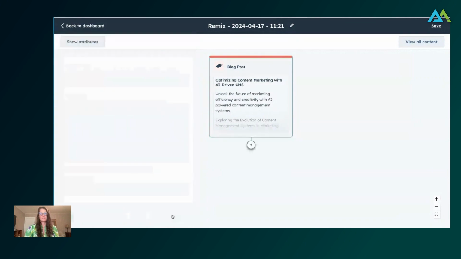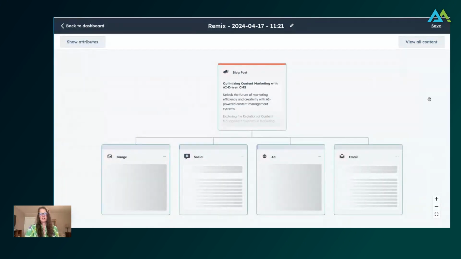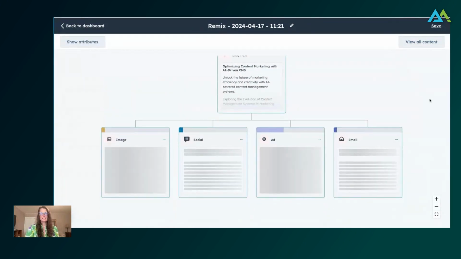And now we are generating. Check that out. How cool is this? Right now, in the background, it is creating all of these assets for me. And in just a moment, we're going to be able to take a look at those. So in the meantime, while we are all playing the Jeopardy song in our head and waiting for all this content to generate,